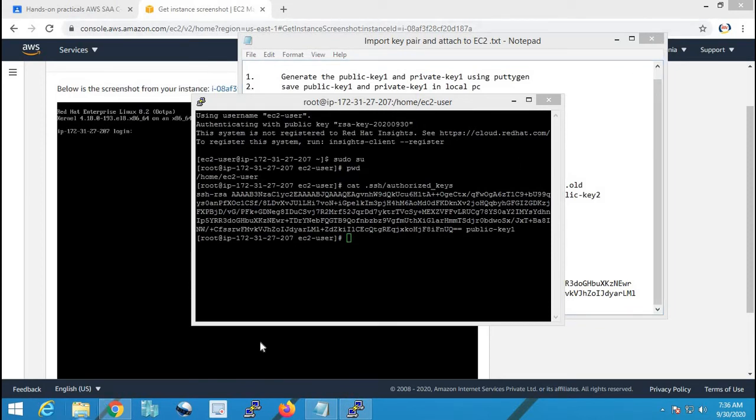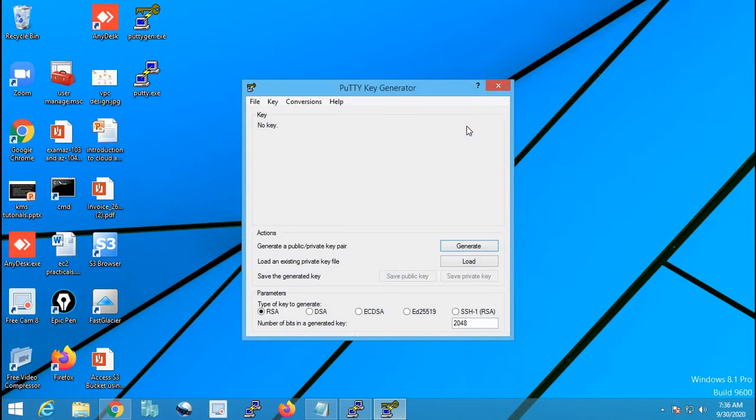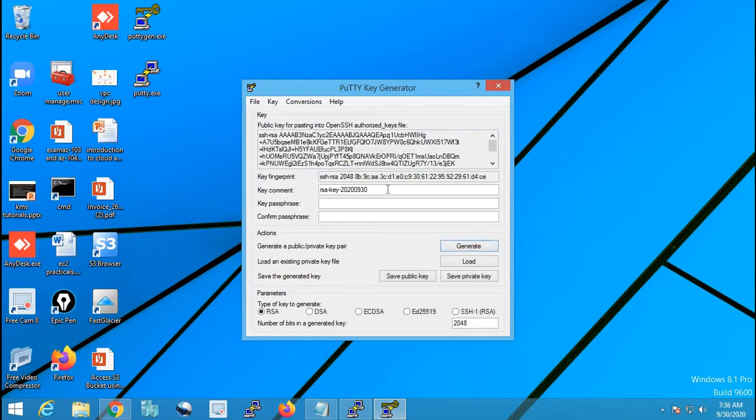I'll go for PuttyGen. Maybe I can execute it from desktop. Yes. Again I'll hit generate, and keep moving the mouse on the free area. Oh, it's very fast, and it has generated a new key.